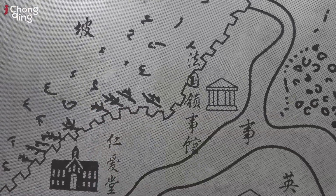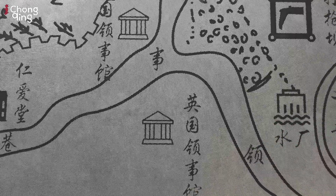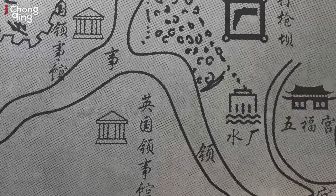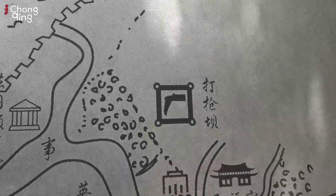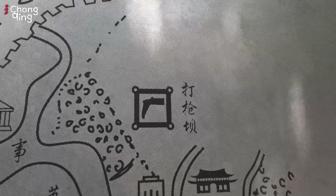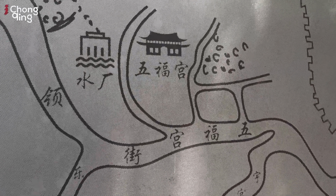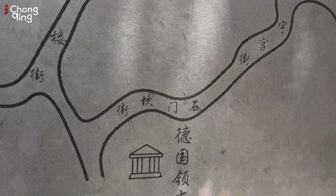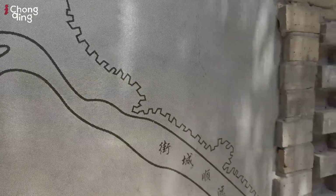So here we have the old French consulate. If we take a right, we have the UK consulate. Over here we have the Shuichang, so the waterworks. A place called Da Changba, like a shooting square. Wufugong, a kind of temple. At the bottom here we have the old German consulate, and then if you go down this way,